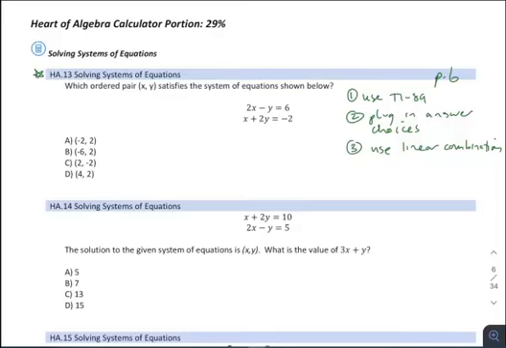Okay, so obviously you need to know how to solve systems of equations by hand because they will be on the no calculator portion of the test too. But you will likely see them on the calculator portion. On the calculator portion, they tend to be like this, the second example that we're going to do here